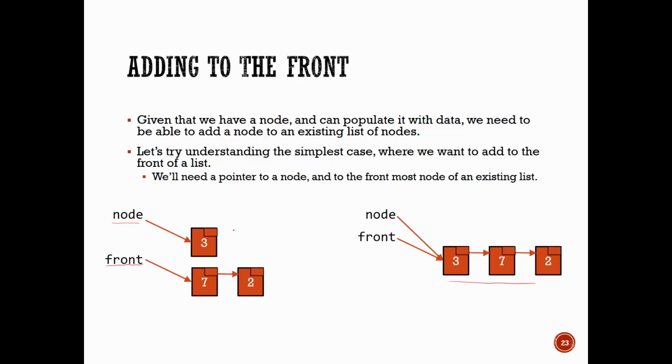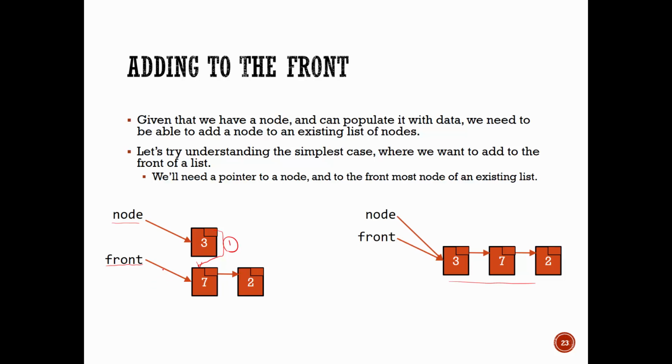Well, my steps are going to be the following. These are my steps to add a new node to the front of a linked list. First of all, I've already constructed the node and populated it with the right data. Now, how do I link it in there? In my picture, I'm going to add an arrow from node 3 going over to node 7. That's what I want, a link that looks something like that, although that's not too well drawn. That'll be my step 1: how do I make it so that 3 knows that 7 comes after it?